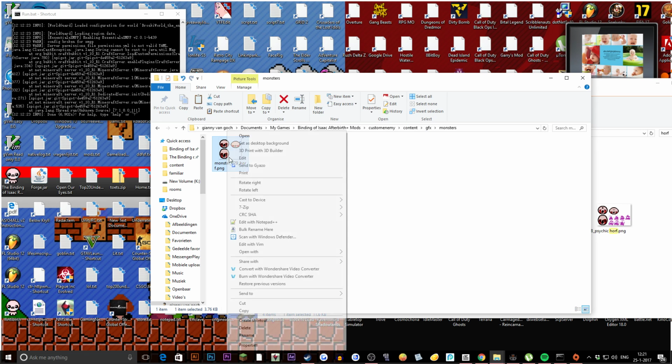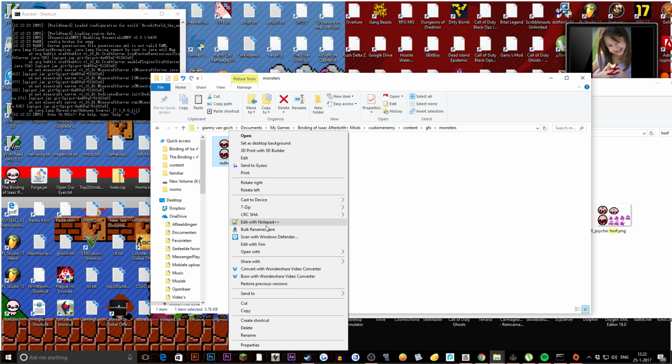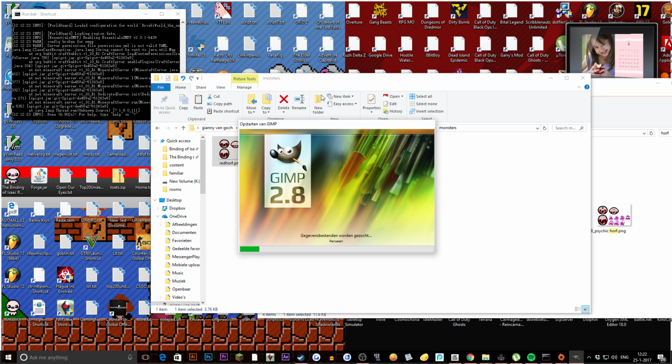And now let's change this sprite. So we're going to call this sprite red Horf. So this is going to be a red Horf. What we do is we open it in GIMP. We're not going to do drastic changes. The only thing that we do is change the color a bit,